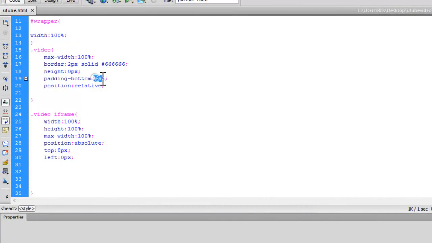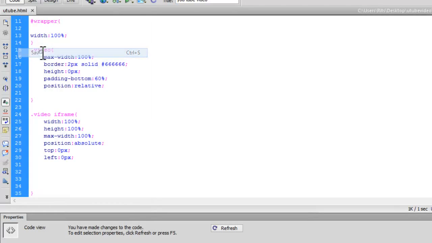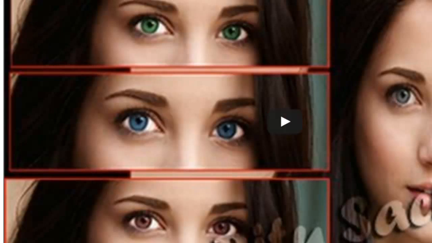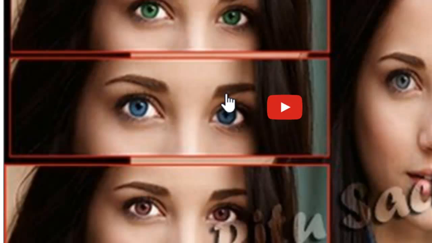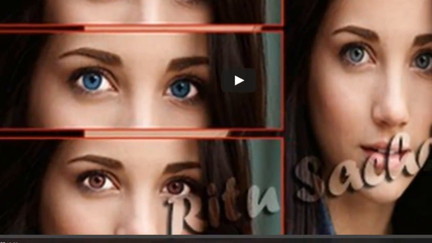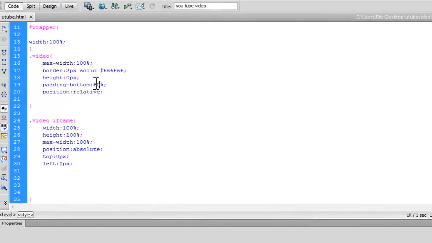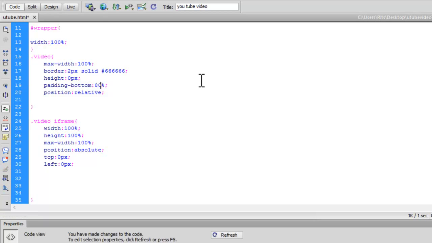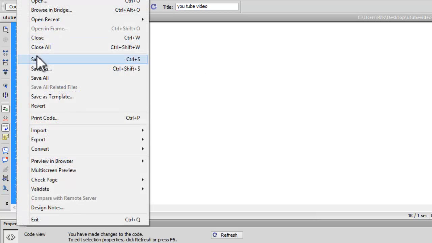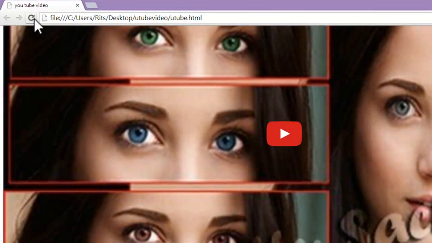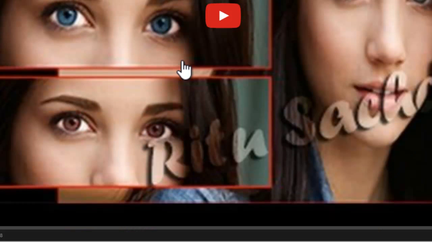Say let's have it 80% or let's have it 60%. Let's save and reload. Still we have cropping, so let's have it 80%. Now there's no more cropping.